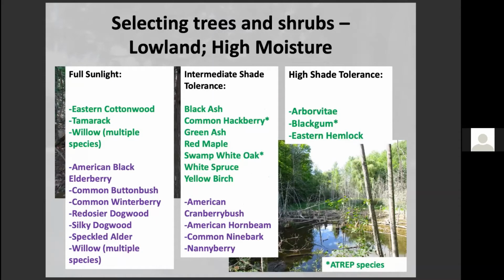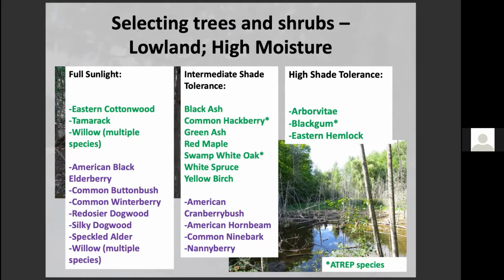Now, this is what I would consider a wetland situation. So these can be swamps or swamps grading into something like a marsh. And there are quite a few things actually when you see these tree sale lists that can grow in these wet areas. Quite a few charismatic trees and shrubs, in fact, especially on the shrub end. So trees like eastern cottonwood, tamarack, also known as larch, willow, try to stick to native willows like black willow,